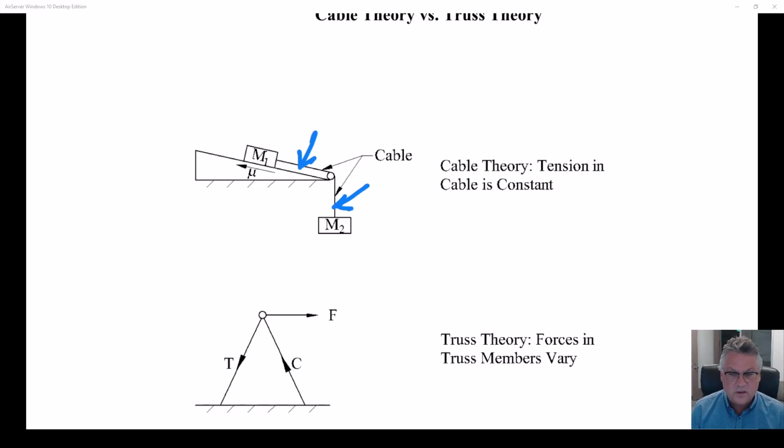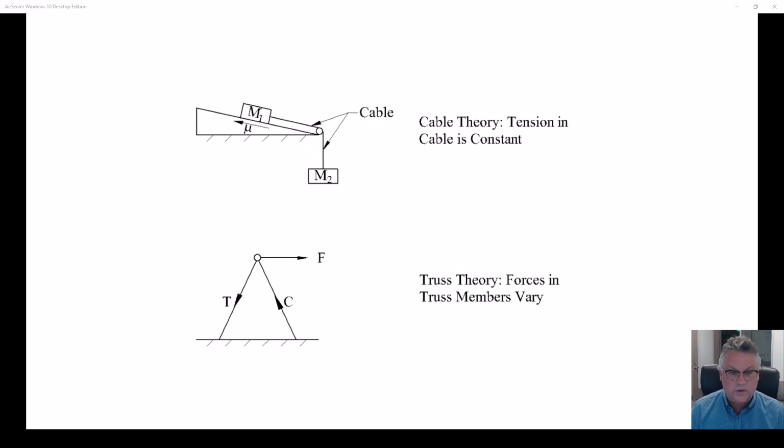And that's the theory that we are working with in pre-stressed concrete. The tendon or the strand takes a turn. It still has a constant force in it. A lot of people get confused with truss theory, and they say, well, I've got the tendon coming along here, but then it turns, and it must change its force value, because that's what happens in trusses. We're not designing trusses. We're using cable theory. This gets resolved in components, and each node has to be in static equilibrium. That's a truss. That's a node of a truss. That's a different thing than we are doing.